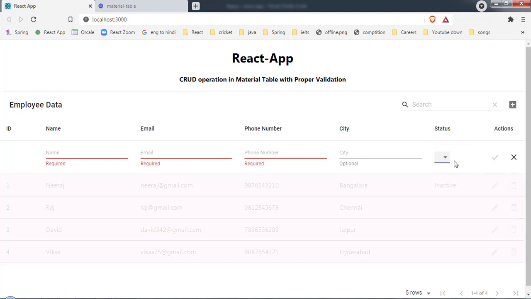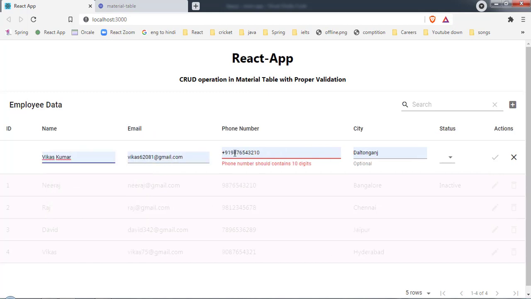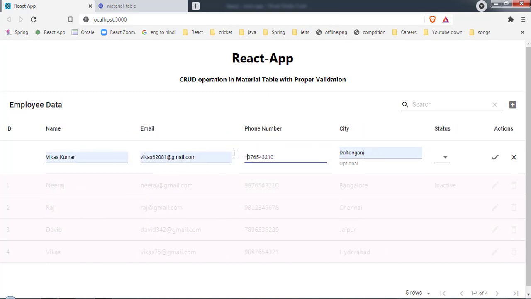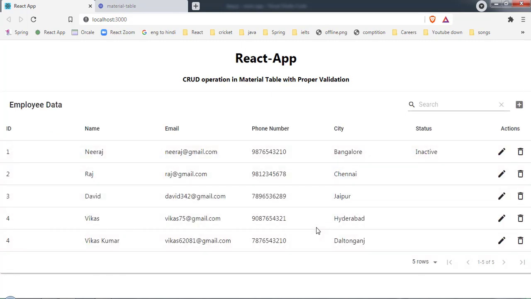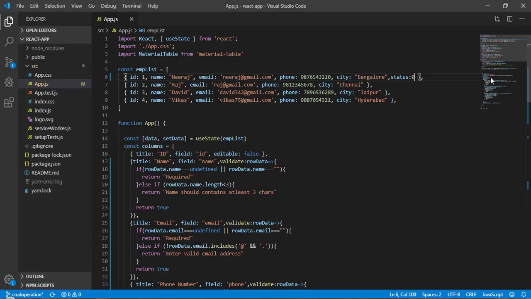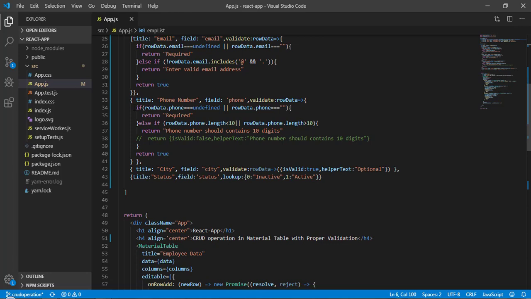I haven't selected anything, and let me fill this form. So here the 10 digit. Now you can see this is enabled, and on click of this it's getting added to our table. But this field we have to make mandatory. For that what we have to do is copy this line, and here we can add comma validate.